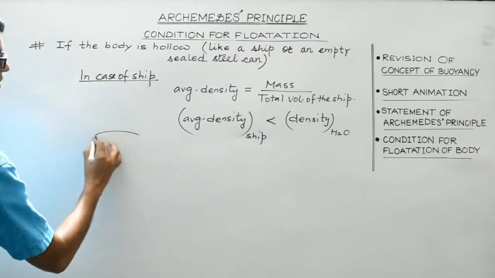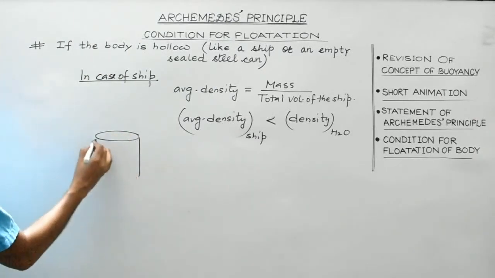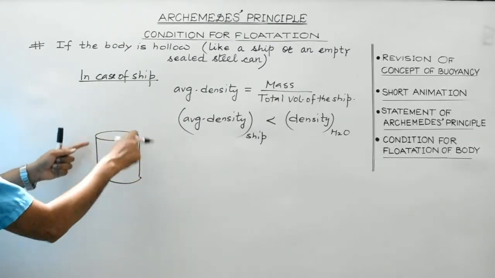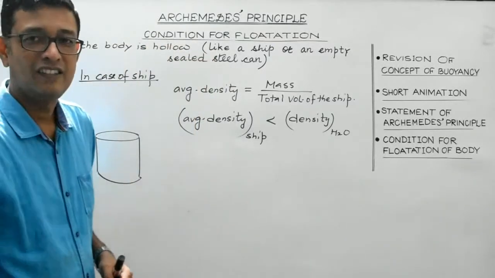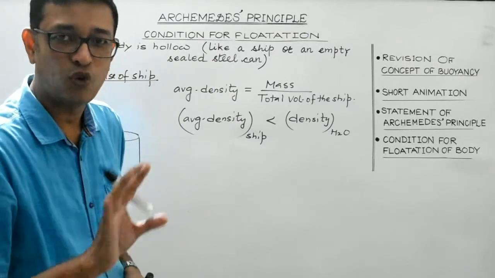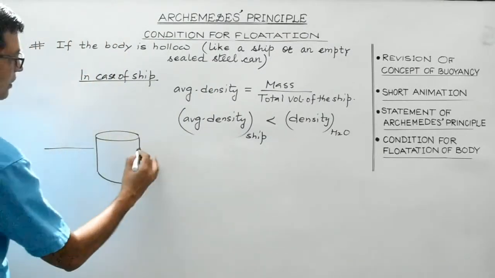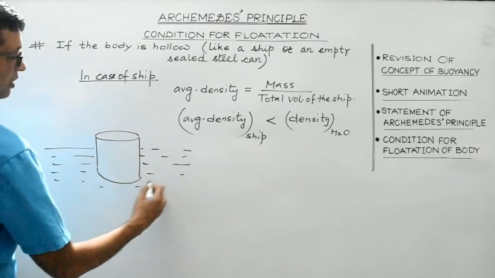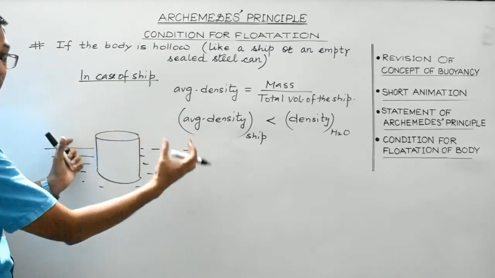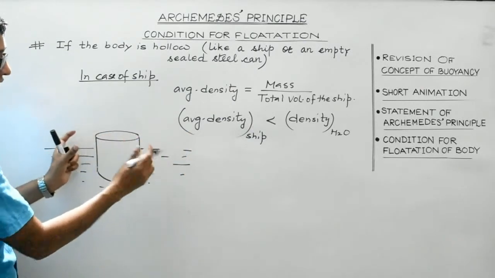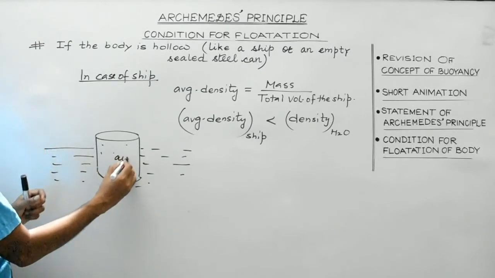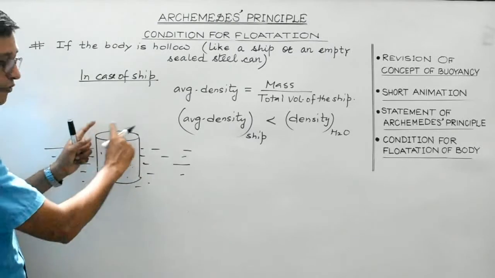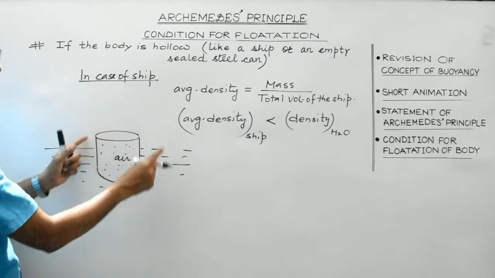Now, this is a tank or a sealed steel can, right? The material of which it is made is steel. Its density is large as compared to that of water, no doubt regarding this. But what happens is, it still floats. It is because it has volume. We need to consider the entire volume. And maximum volume of the steel can contains air. So, if we find out the average density of this hollow body, it will be equal to